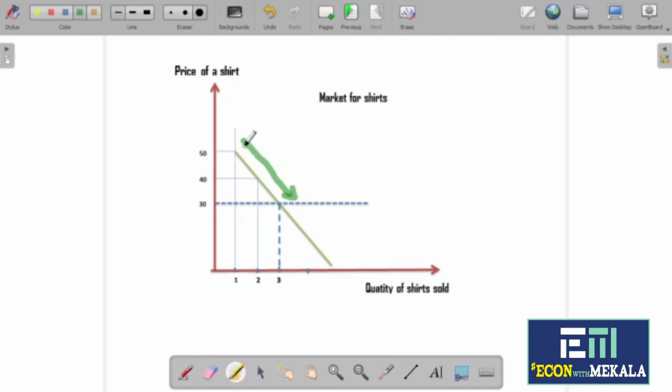When you buy the first shirt, your utility is at the highest level. But when you move to the second shirt, probably you don't need a second shirt. But still, you have money, or it's on discount, so you buy it for 40. When you move to 30, you are valuing this product almost 20 less than the value of the first unit you received. So your demand curve can explain the law of diminishing marginal utility. Your demand curve has a downward slope. This downward slope is due to the law of diminishing